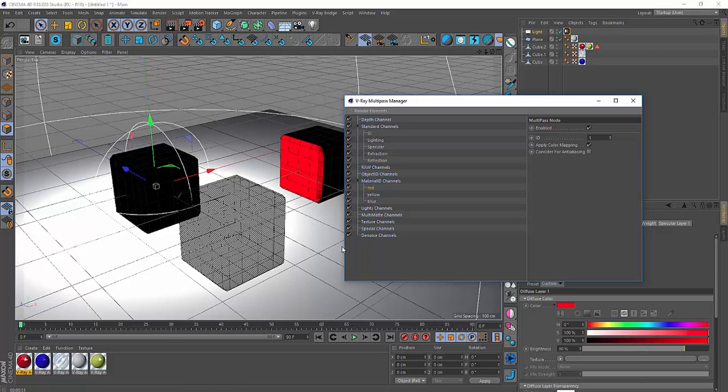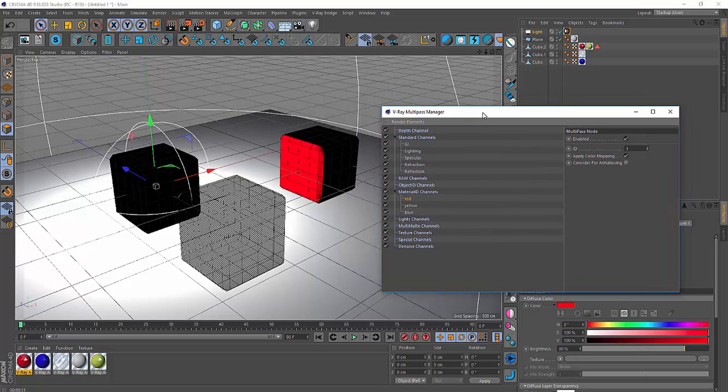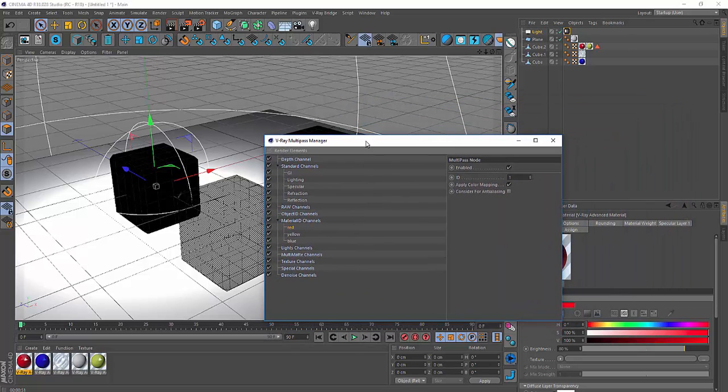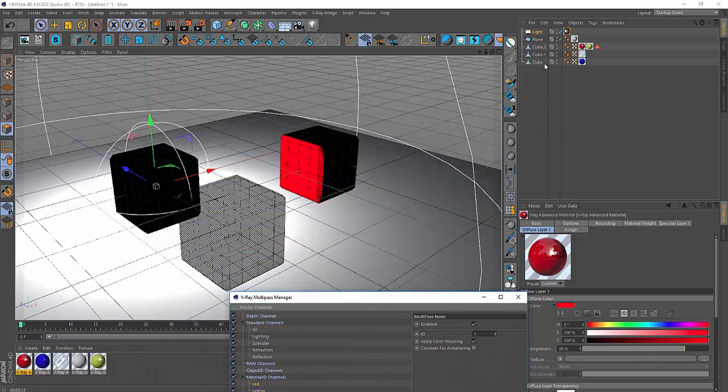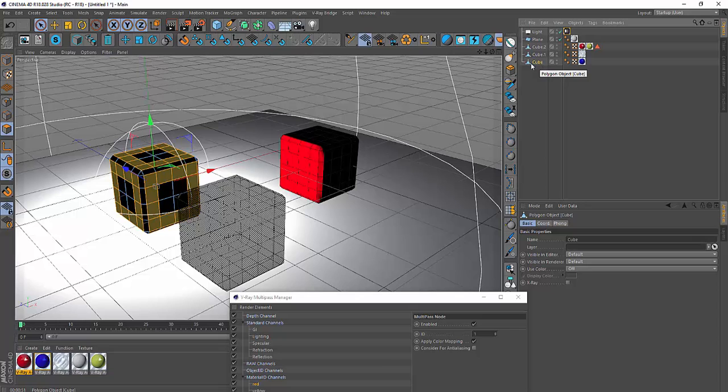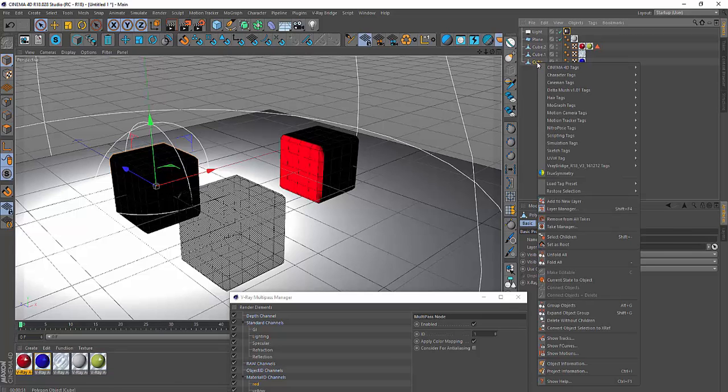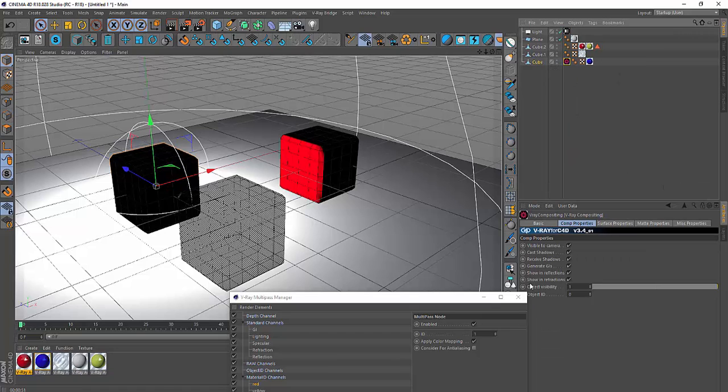Okay, that's good. What about the whole object? What about to select the whole object and mask it out from the background? Well, we can do that as well. To do that, we have a slightly different process for this. We have to select the object first of all. So let's go for this object to start with, this one here. I'm going to make it so this is the only one I'm going to mask out in this case, just to keep things simple. We just right click, we go to the Vray tags and then compositing,